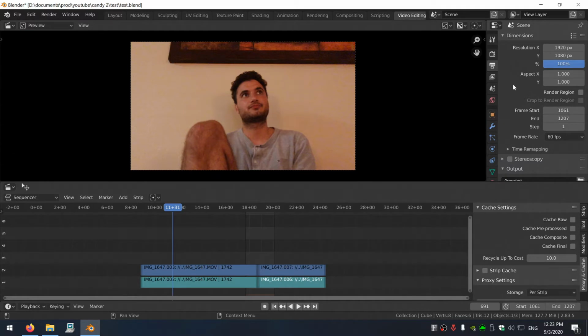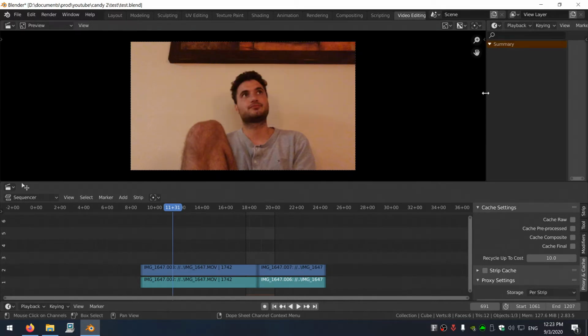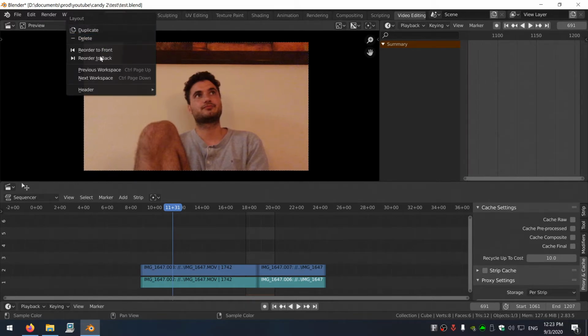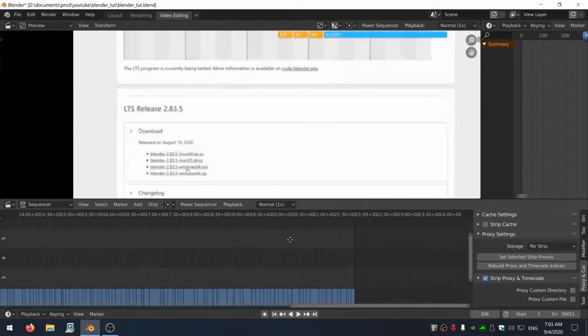And so this window, I don't want this to be render options. I want this instead to be the timeline because we are going to animate images and stuff. Also, I'm not using Blender for 3D stuff, so I'm going to go ahead and delete all of these. I can also change the size of the timeline by pressing Control middle mouse click drag, and you can see